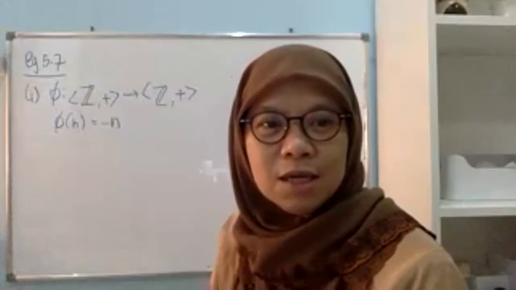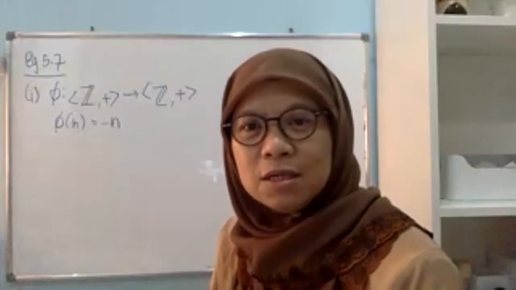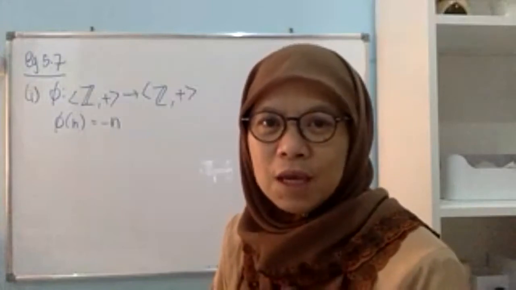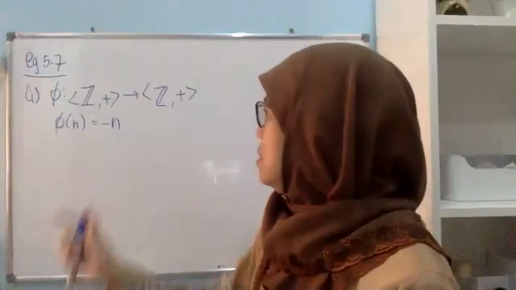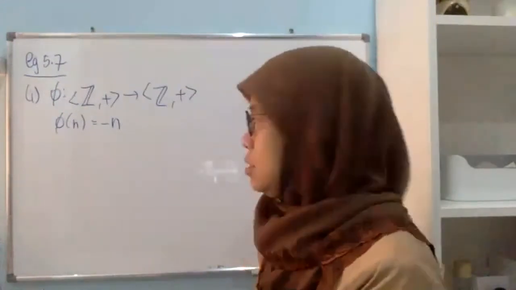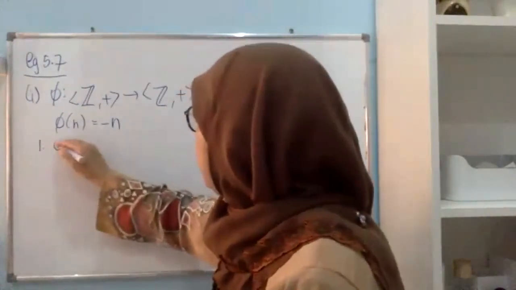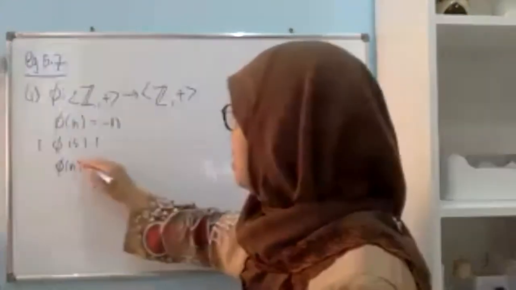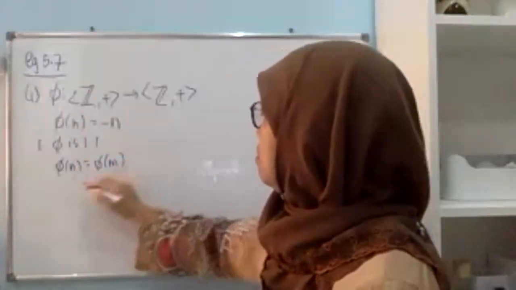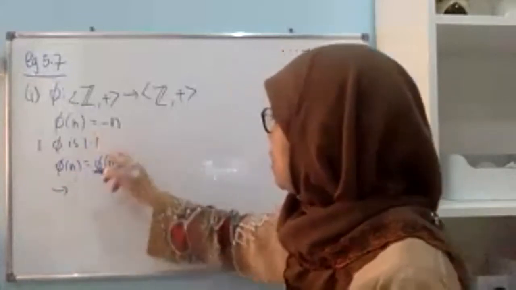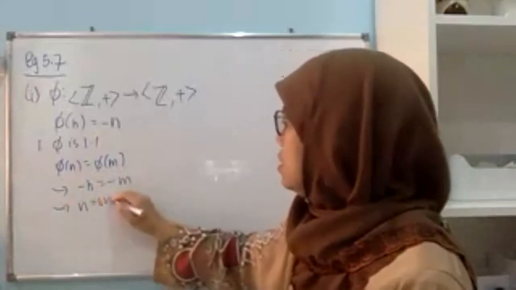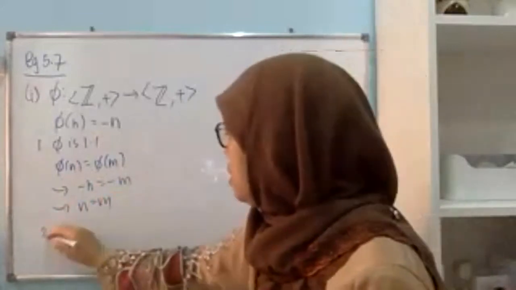So easily, you think about this, it's 1-to-1, it's onto, and you just check homomorphism. But homomorphism is quite straightforward. When you check phi is 1-to-1, it's quite straightforward. Phi n equals phi m, meaning negative n is negative m, which gives n is m. Phi onto,